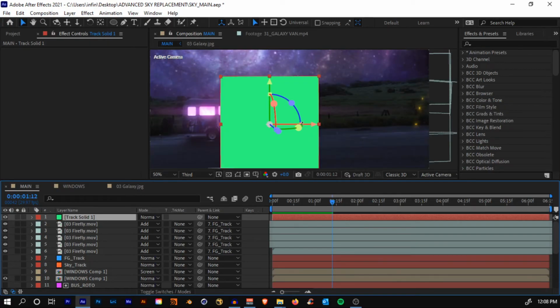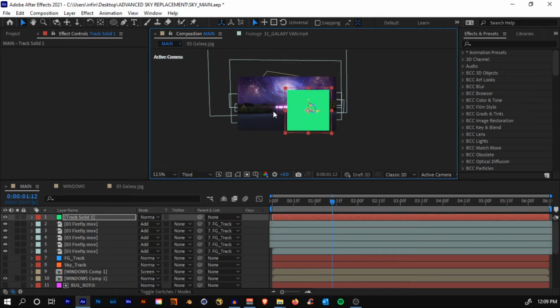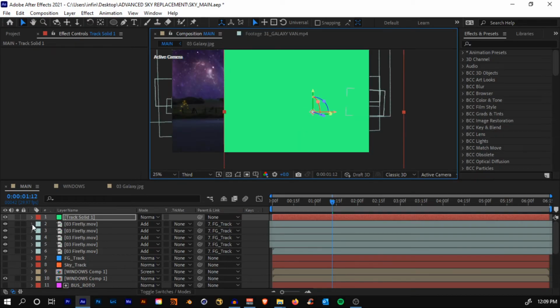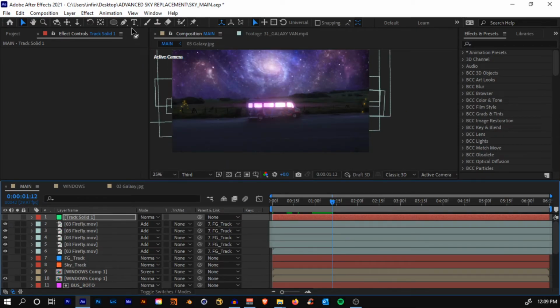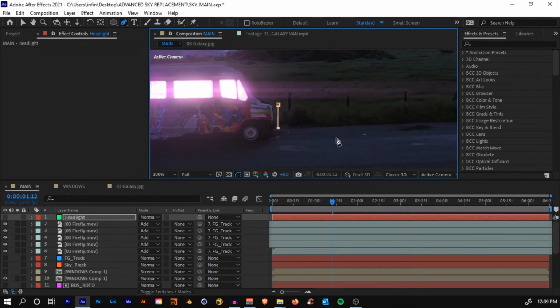What I had done was I had just scaled this layer to fit, something like that, and hide this layer for some time. Okay, and see that the layer is selected. Just rename it to headlight, and I had simply drawn a mask just to replicate the light.